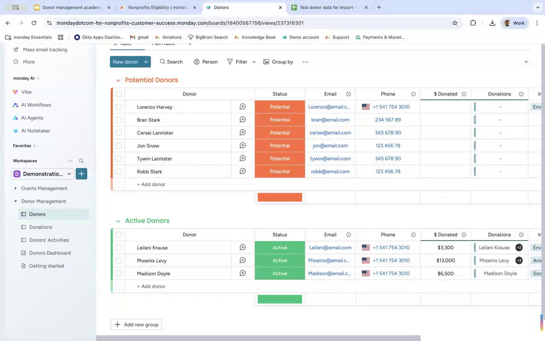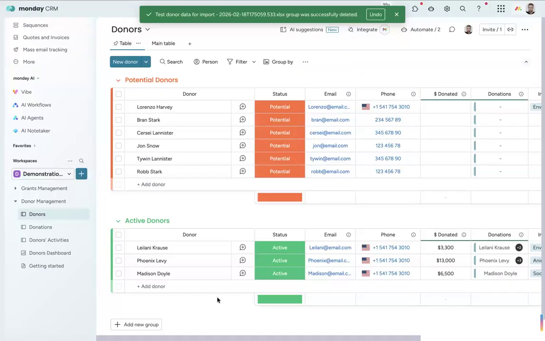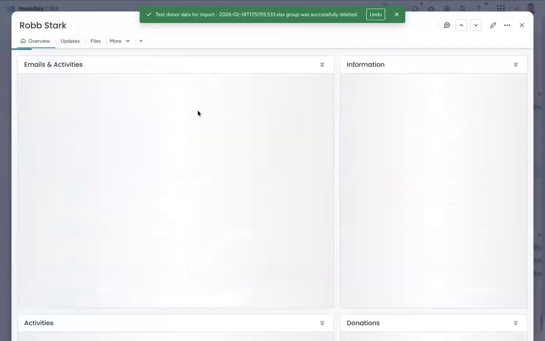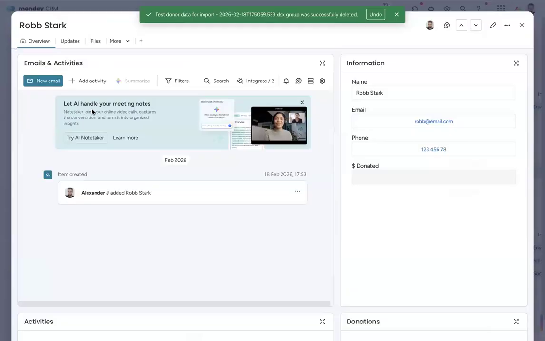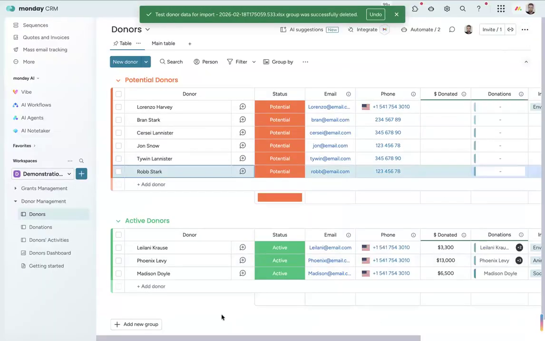What should we do next in our last minute? Let's take a look at the questions. I was going to show you the stuff around emailing your donors and scheduling activities, but we can maybe start with that next week. Maybe we'll try and answer some questions before we are out of time. So let's take a look here.